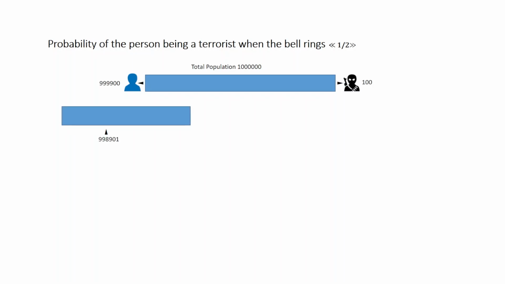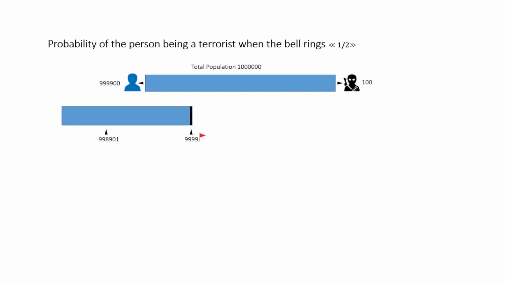when we scan the non-terrorist inhabitants, 99% of the times the software won't trigger the bell, it won't ring. However, with a 1% false positive rate, we will have the bell ringing 9,999 times, although those inhabitants are non-terrorists.